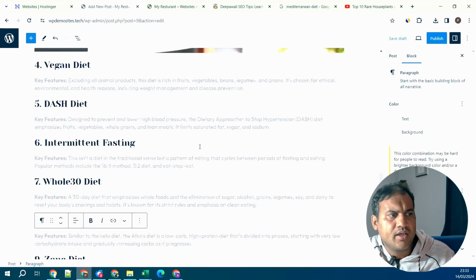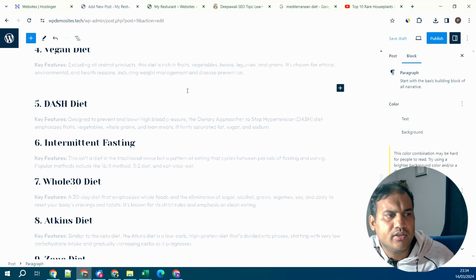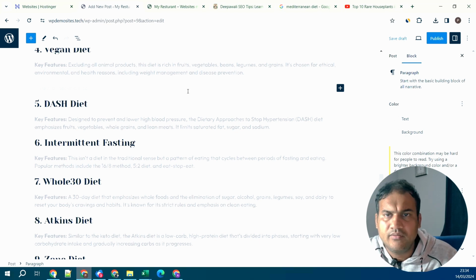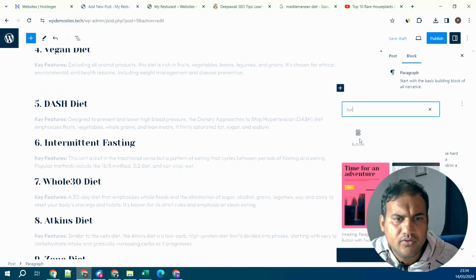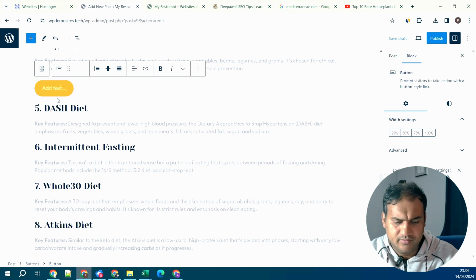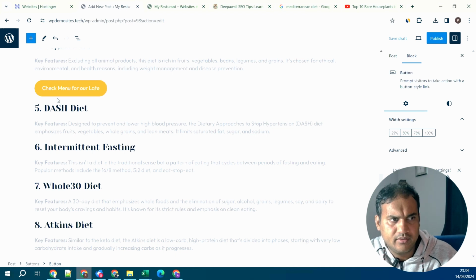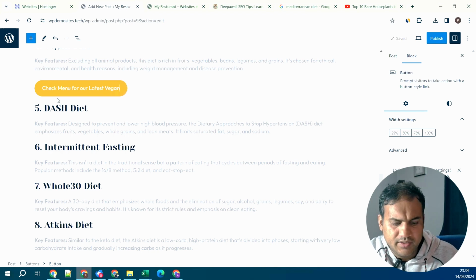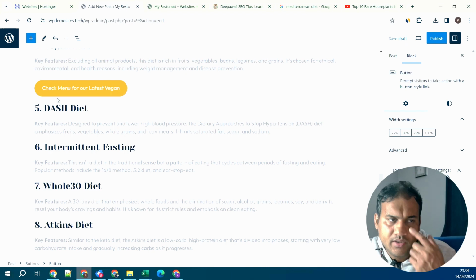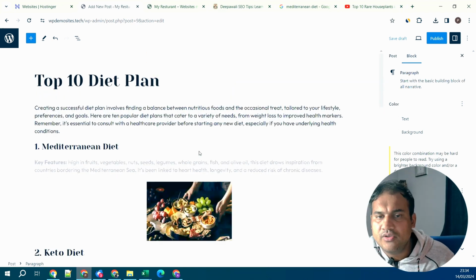Now say you want to do a call to action. Say vegan diet, you have provided key features and you want to put an action over here where you say that you can view our menu where we have a vegan diet. So over here you type in button, you will see a button and you can say check menu for our latest vegan diet, and then you can redirect your audience to your main page where people might be purchasing some of the things. So that is how you can write blogs, write a post